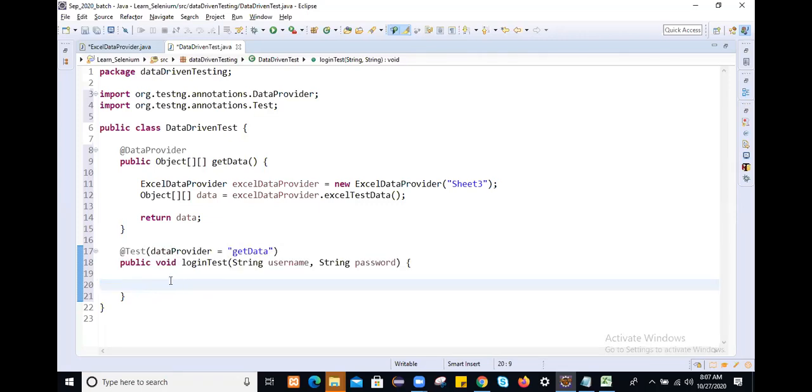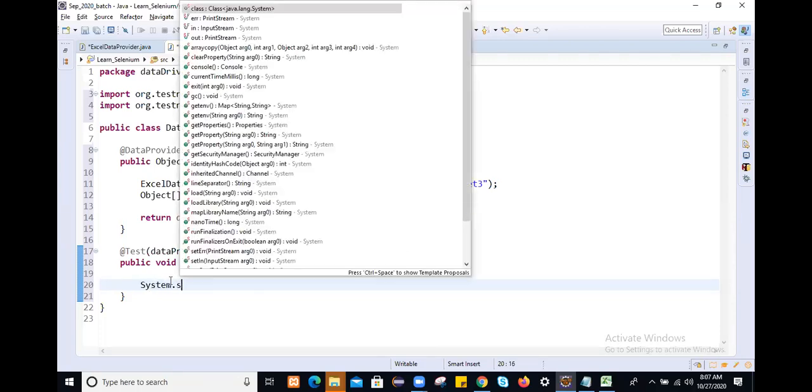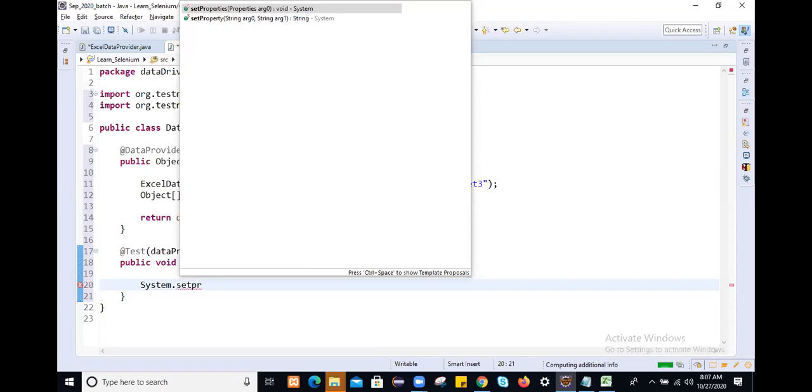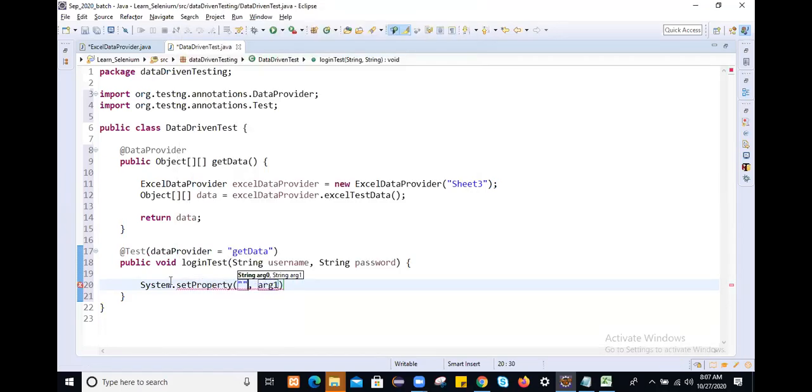At framework level we will implement this properly, but here let me set up the system variable path by using the System.setProperty method. We are going to set it for which browser? webdriver.chrome.driver, for Chrome. Where is the Chrome driver? It is available in the current working directory.